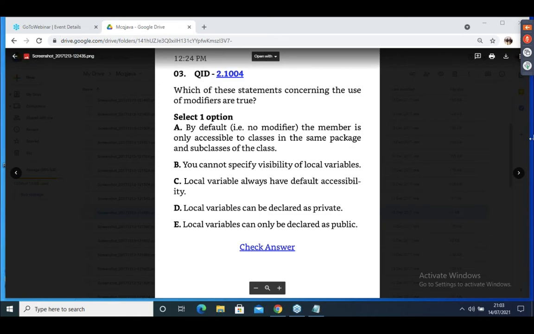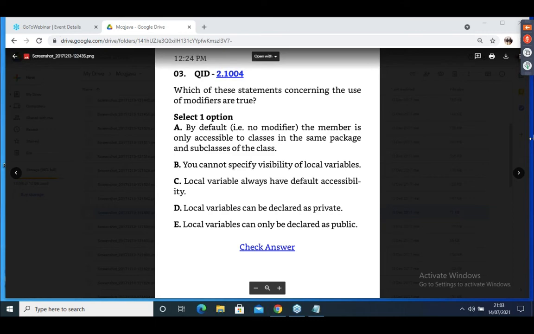They are telling two options. Subclasses of that class, and if it is in the same class also. You cannot specify the visibility of a local variable. That is correct.